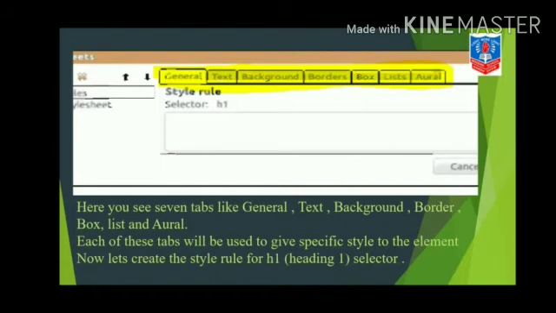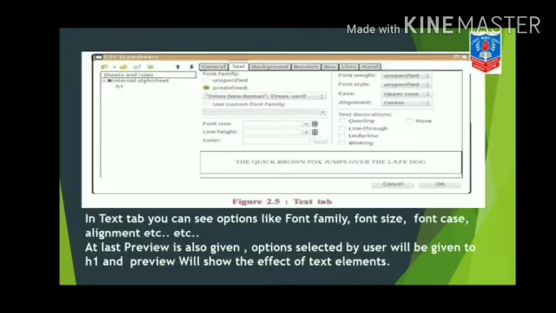Now you are seeing the style rule selector H1 down here. Here you see 7 tabs, as I have told. Each of these tabs will be used to give a specific style to the element. Now let's create the style rule for the H1 selector. Children, again in this dialog box,